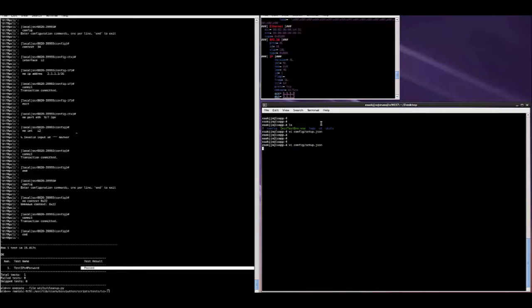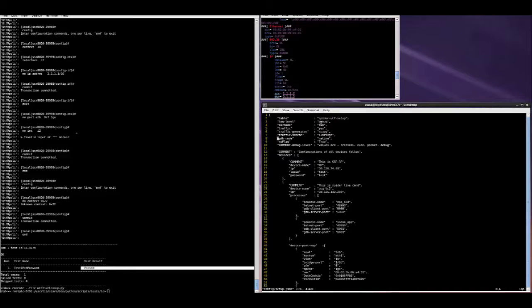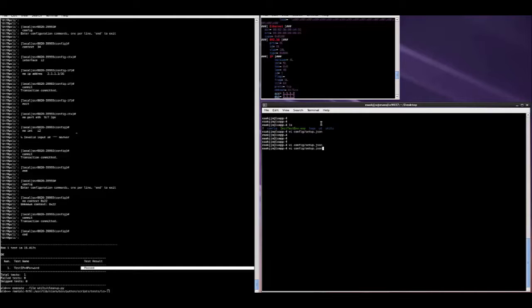Now let me try and run a test that has only APIs, that doesn't use RPCLI. For that case, the first thing that we need to do is set this flag to false. Do remember that if you don't do this and try to run an API test case, it is bound to fail,